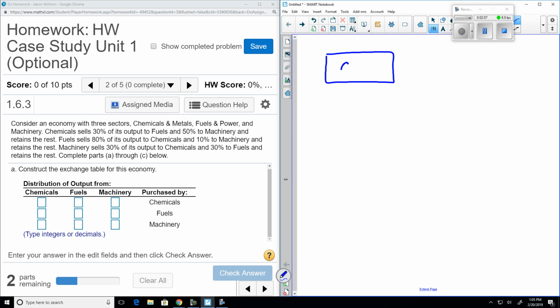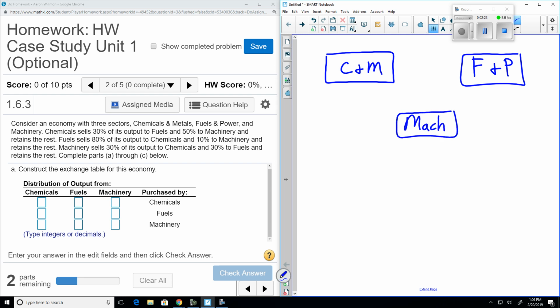So we'll say this is chemicals and metals. And we have fuels and power and machinery. So it says that chemical sells 30% of its output to fuels. So we're going to use a 0.3 weight on that line. And we're going to show the direction just to show which way it's going. 50% to machinery